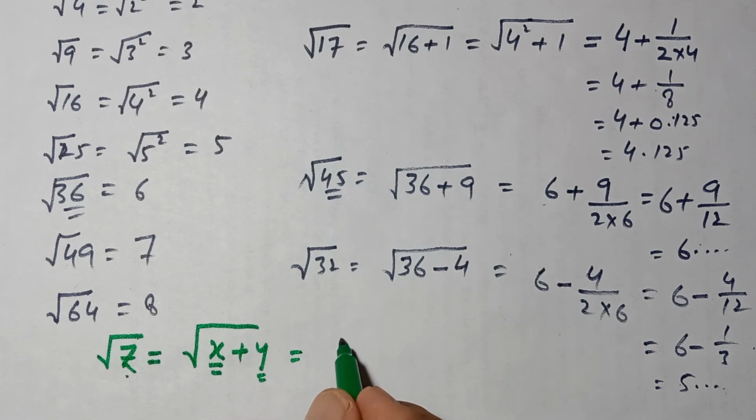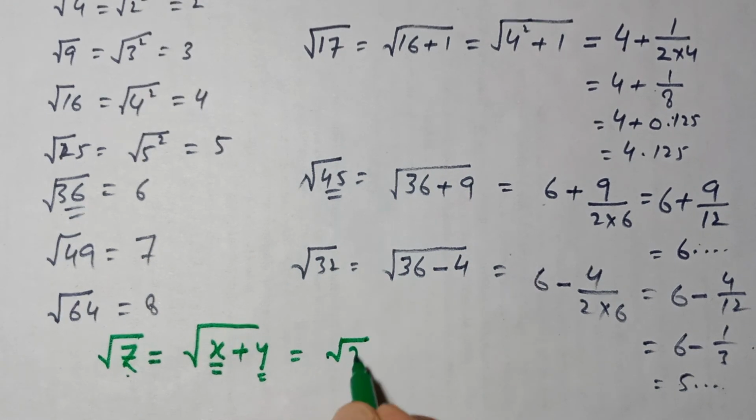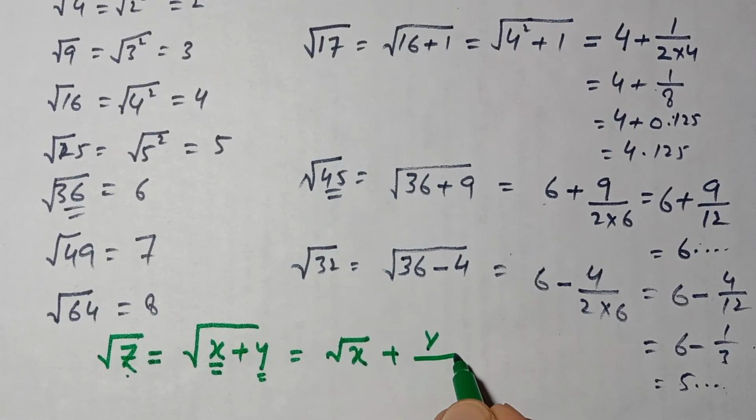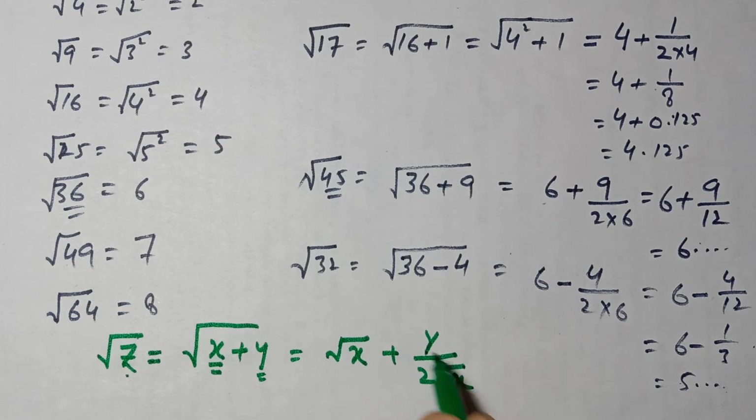So the square root of z is equal to the square root of x plus y divided by 2 times the square root of x. This is the way we can write a number